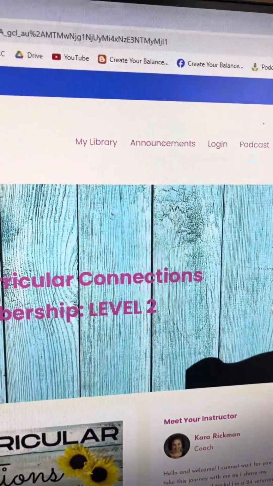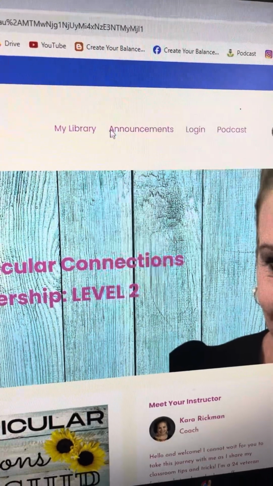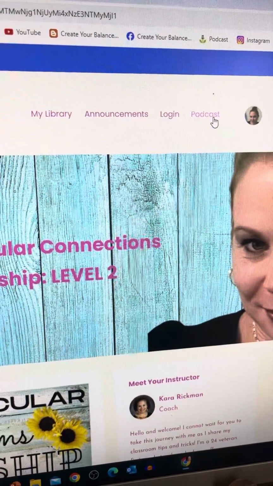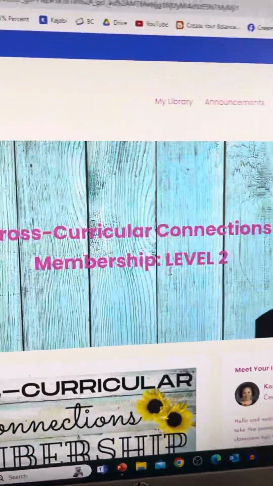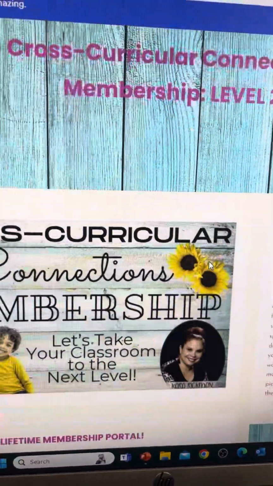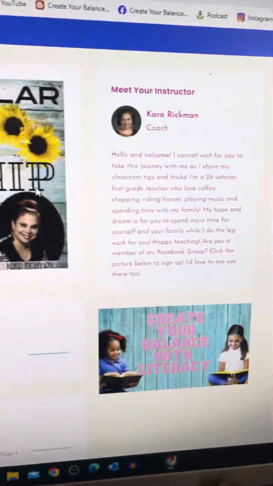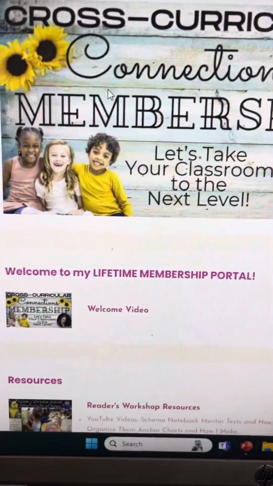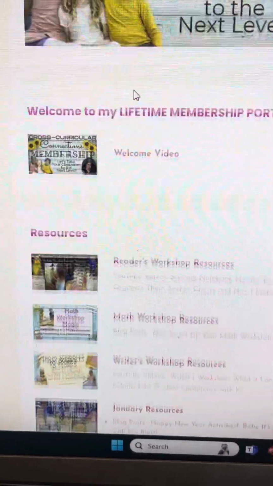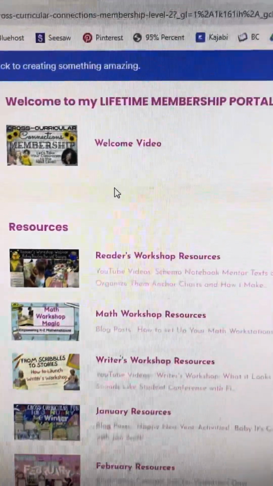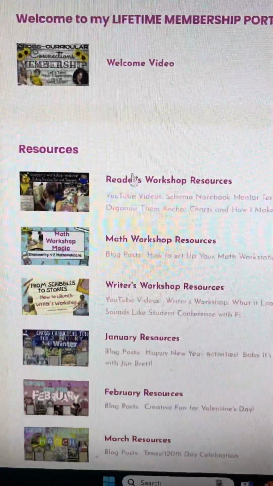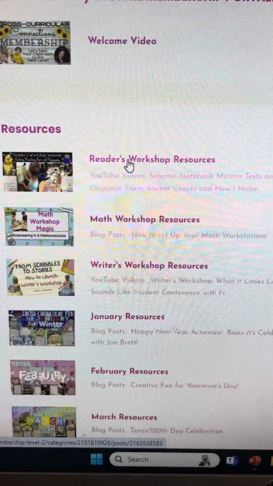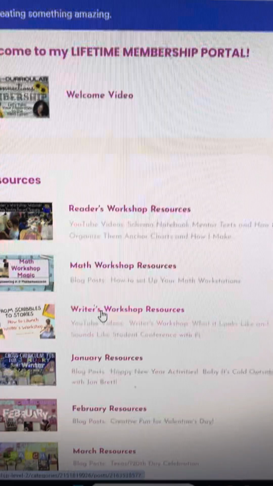At the top, it has my library, announcements, login, and podcast, okay? So if you're in membership number 2, level 2, this is what it looks like, okay? So it has all about me on the side over here, and on this side, it has all the different modules of the membership. So it has a welcome video, it has all my Readers Workshop resources, Math Workshop resources,